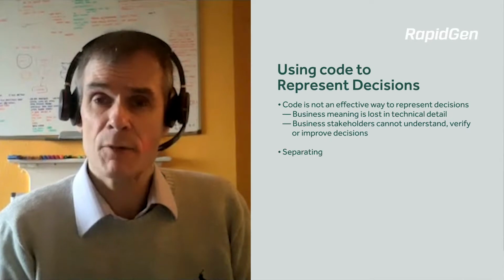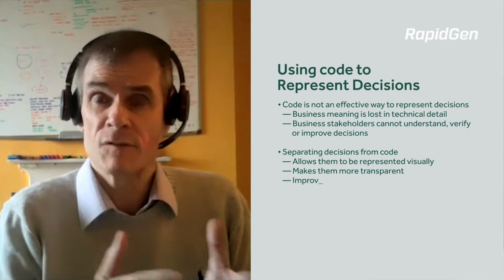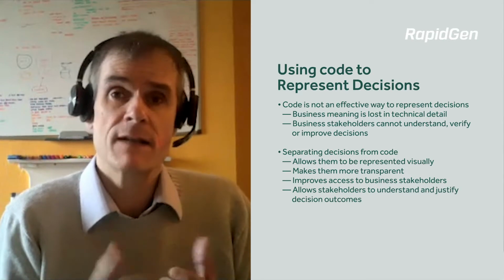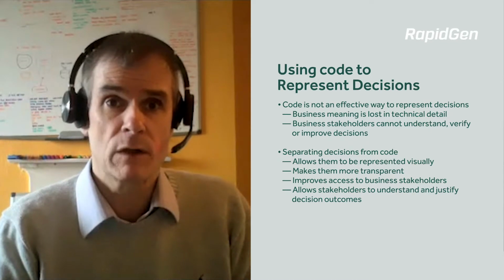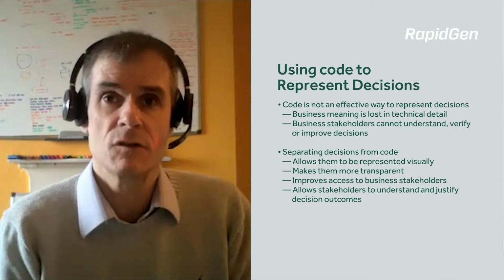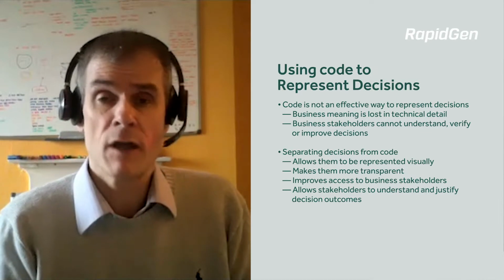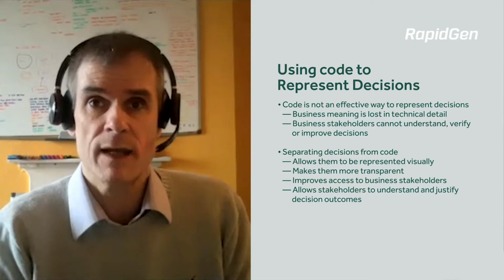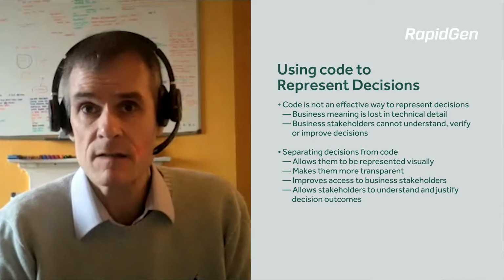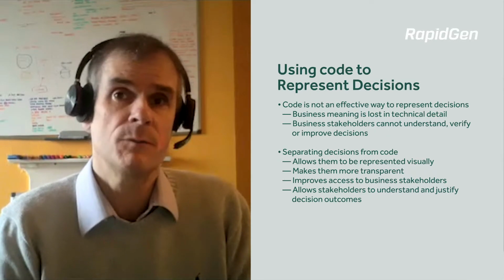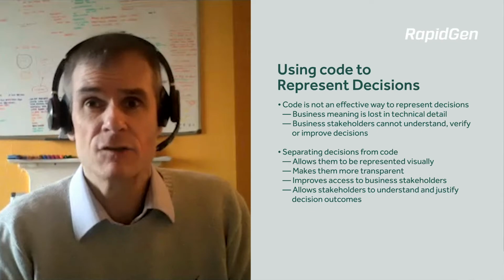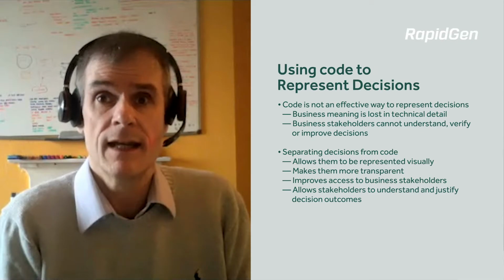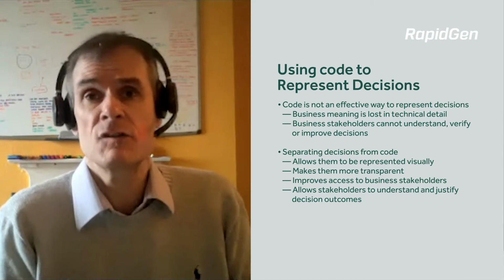On the other hand, separating your automated business decisions from technical infrastructure and representing them visually as decision models makes them much more transparent. Decision models can be understood by a much broader range of business stakeholders. No coding skills are required. As a result, more employees can understand how decision-making works in an enterprise. They can assess its correctness. They can measure how well it contributes to the bottom line. And the greater transparency also enables business stakeholders to control the evolution of decision-making and understand and justify decision outcomes